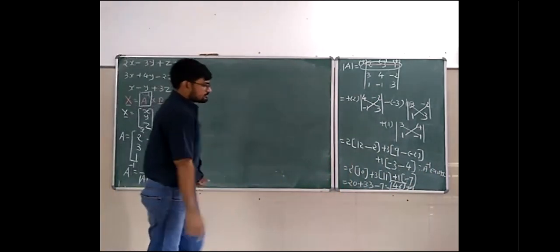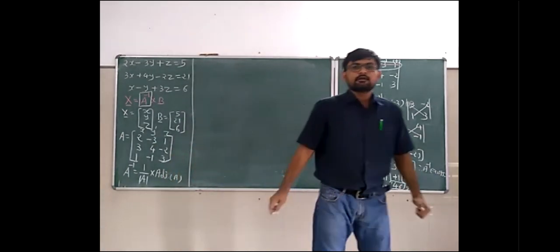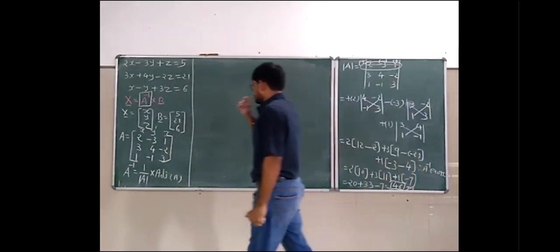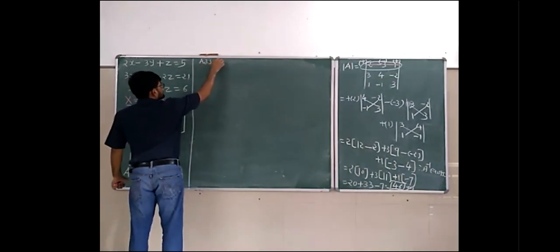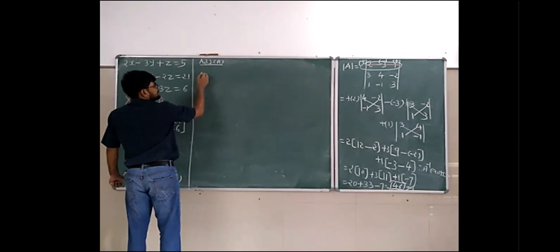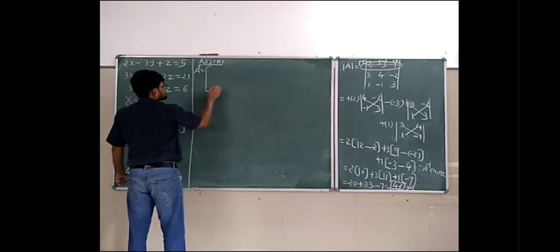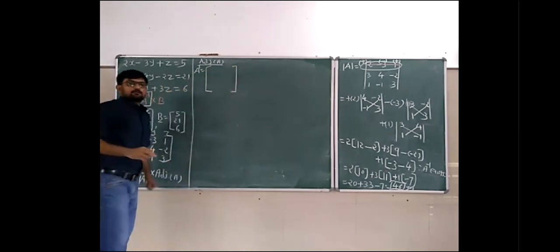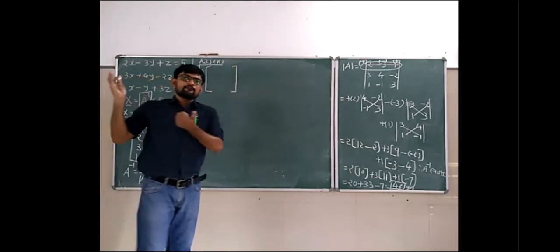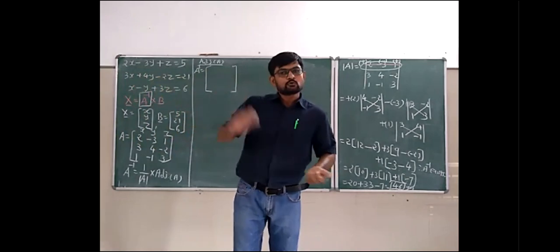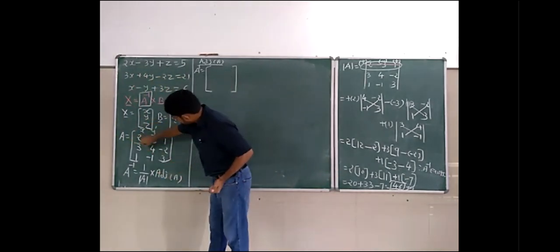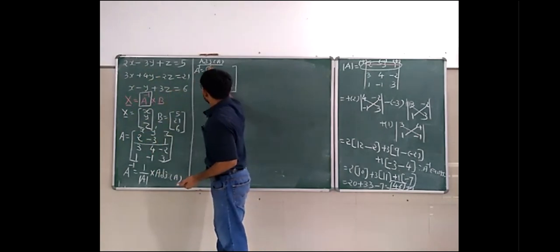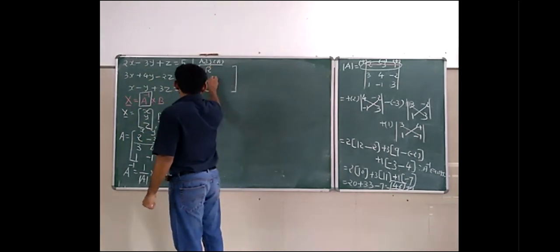After finding this, we will find the adjoint of A. Okay, so how can you find the adjoint of A? First find A transpose. What is the meaning of A transpose? Transformation of rows into columns of matrix A. So this is our matrix A. This is the first row, we'll write it in the first column: 2, minus 3 and 1.